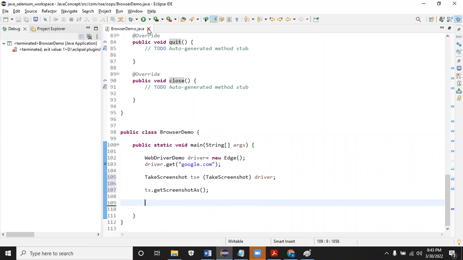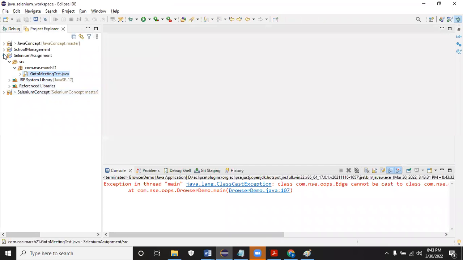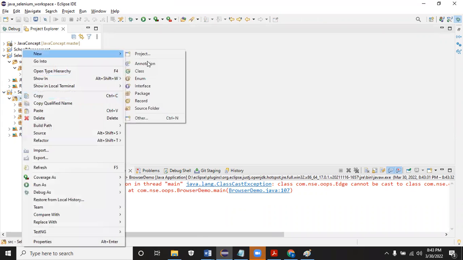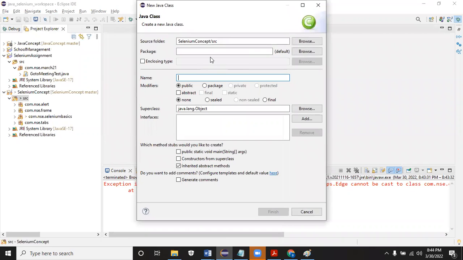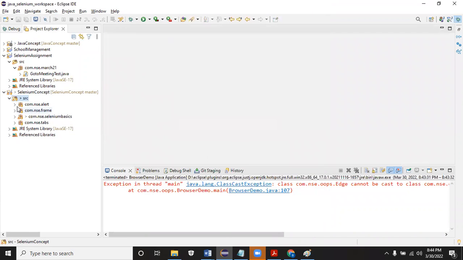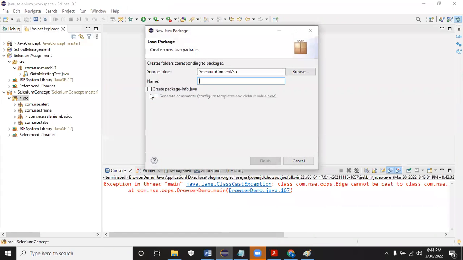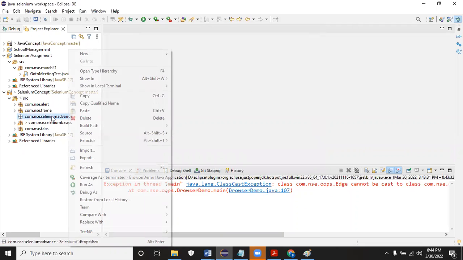Yes, yes. Let's see that real-time example. To take a screenshot in Selenium, let me show you how to take the screenshot. Let me create a... we have to work on lots of Selenium concepts, which we will be doing in the upcoming classes. Selenium advanced. Okay. I'll show you how to take the screenshot.